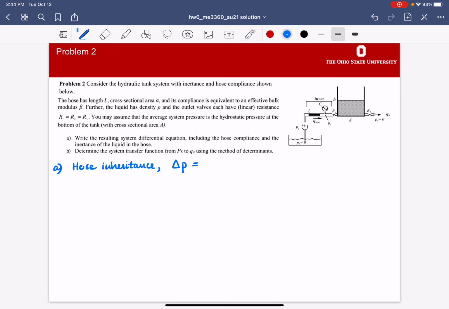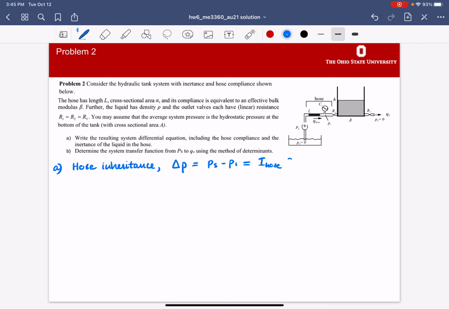So we would have PS minus P1, that's the pressure drop. That comes later on, and this would be equal to the inertance, I hose,